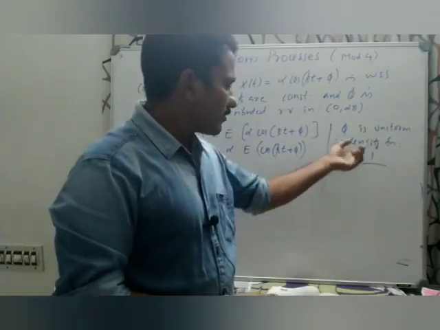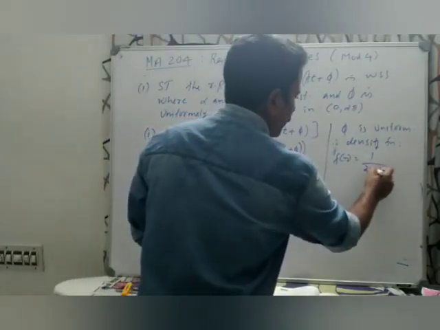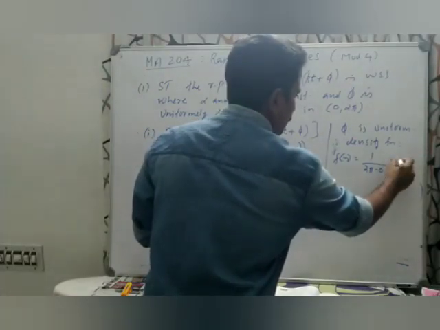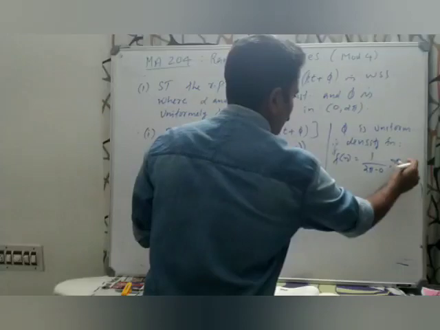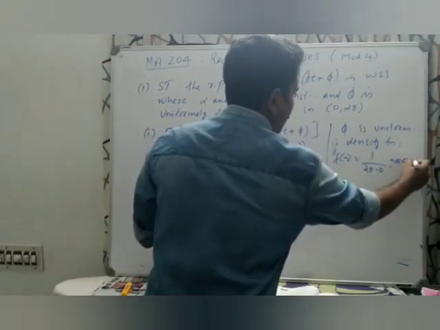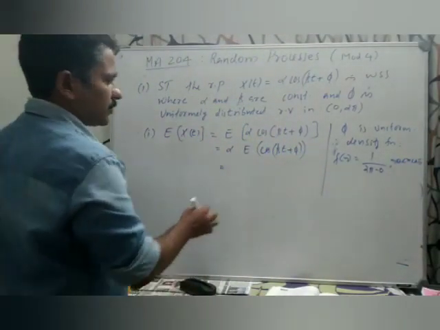So its density function will be 1 by b minus a. So it's 1 by 2 pi minus 0, for x belonging to 0 less than x less than 2 pi. All right, so here,